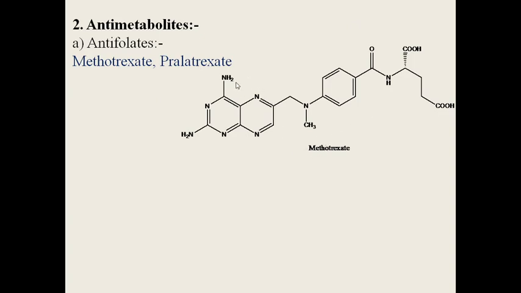Here, look at here on left side. This is a pyrimidine structure, and this is a pyrazine structure. And on the far right side, you can see here it is a 1 2 3 4 5 pentane dioic acid, and here it is amide. Okay, this is all. And this ring, this is a pteridine ring, PTERIDINE, pteridine ring.